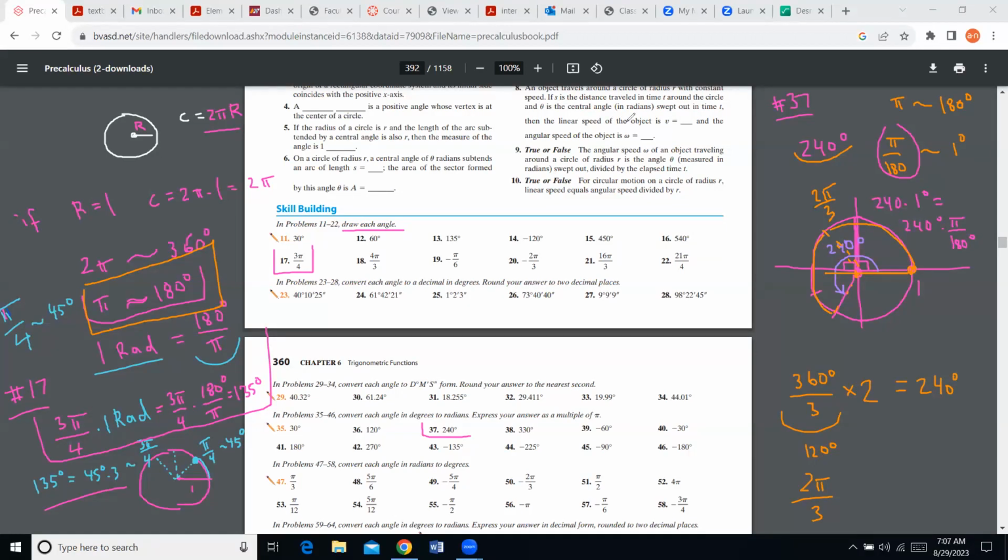By 10, right? Zeros will disappear, and then 24 and 18 looks like it's 6. So in other words, if I divide by 6, I'm going to get